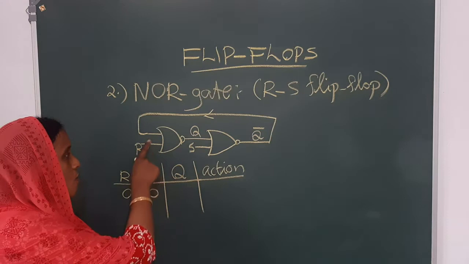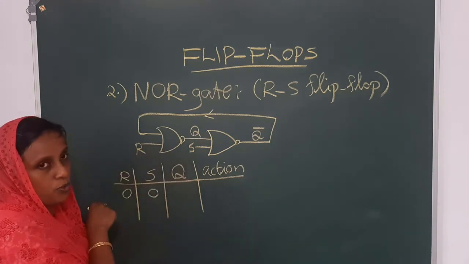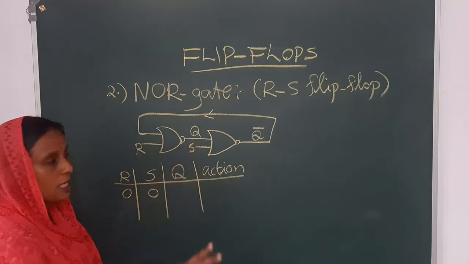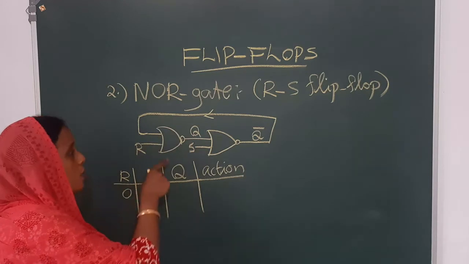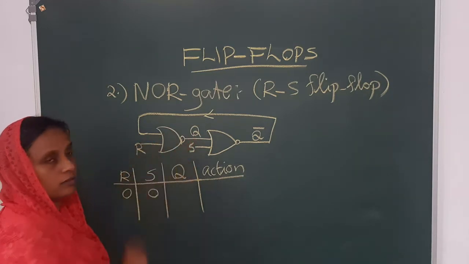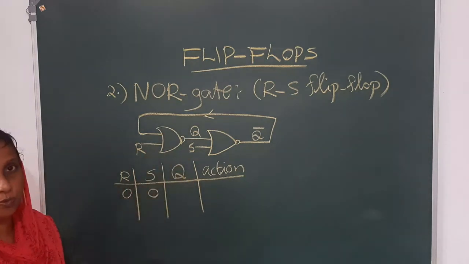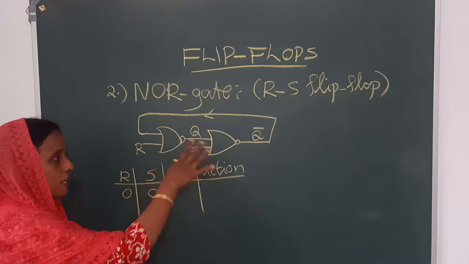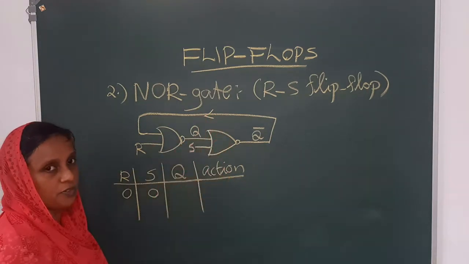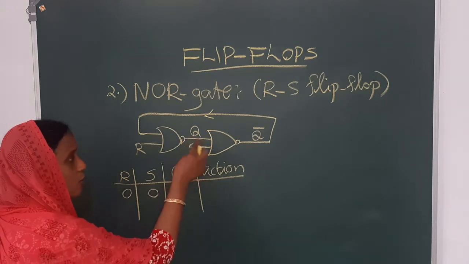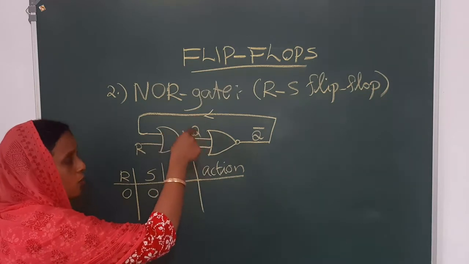Okay. So one of the inputs is 0. Here one of the inputs is a 0. So due to this, the output of this NOR gate depends only on this one, because the other inputs are zeros. Okay. So in this case, the circuit holds its previous value. That means if Q is initially 1, it holds 1. If it is initially 0, it holds that one.